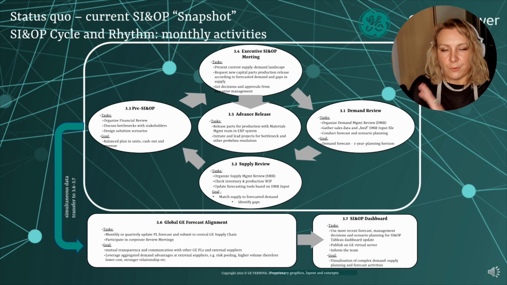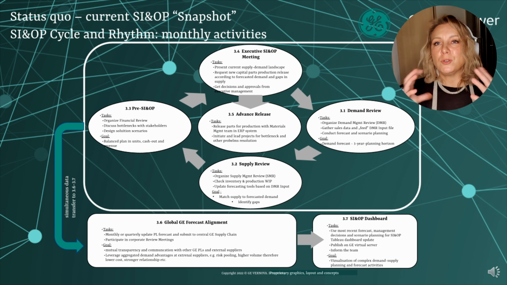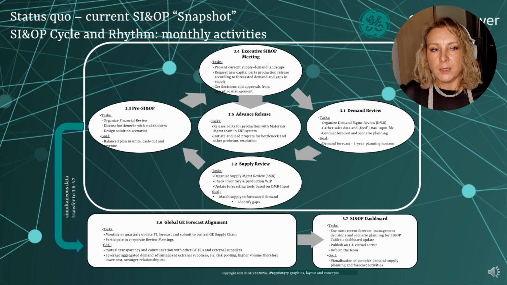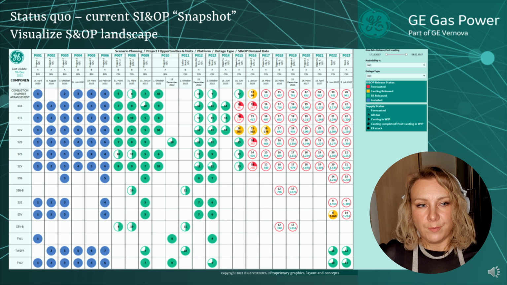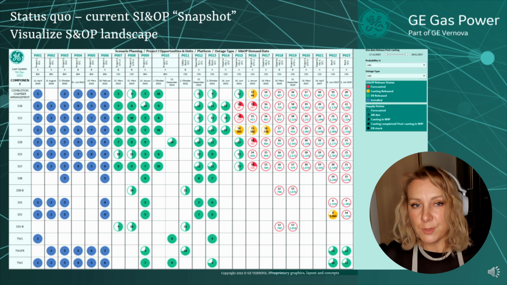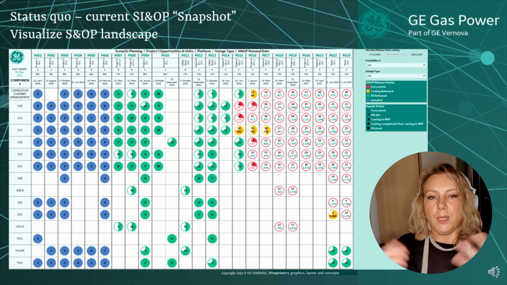This information from the cycle also flows into a dashboard, which is a simple way of visualization of our current supply and demand landscape. So here is a screenshot of our Tableau dashboard. I invented this Tableau dashboard for our team to be able to show